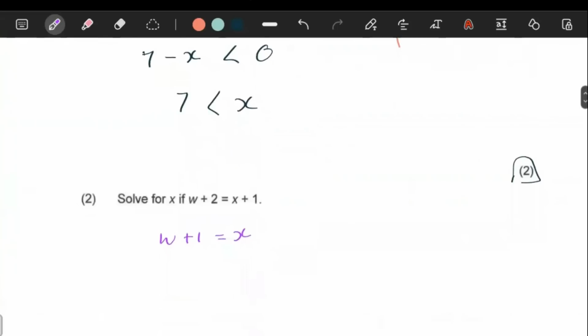So x here has to be bigger than 7. For x to be bigger than 7, you can see that your value of w has to,